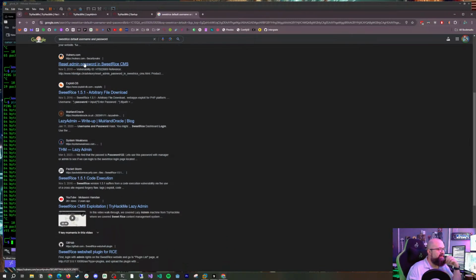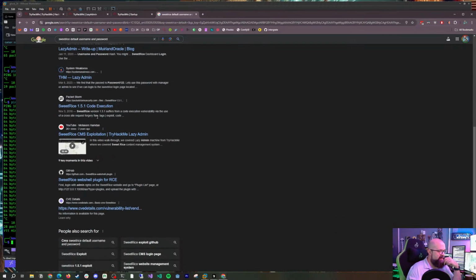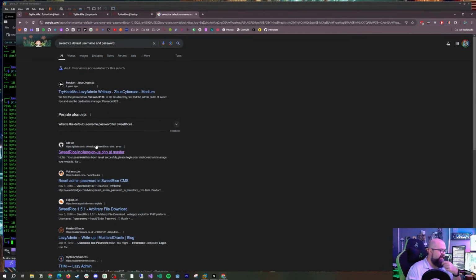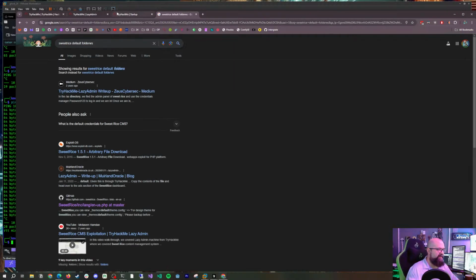Let's see. We want reset admin password. Interesting. Arbitrary file download. Web shell plugin for RCE. Oh man, lots of options here, it looks like. I just want the default folders that it lives in. May have to just go over to